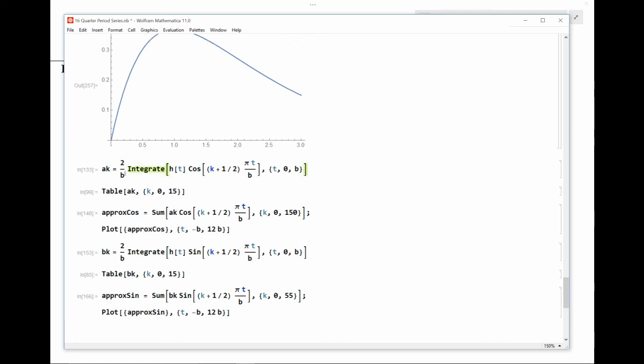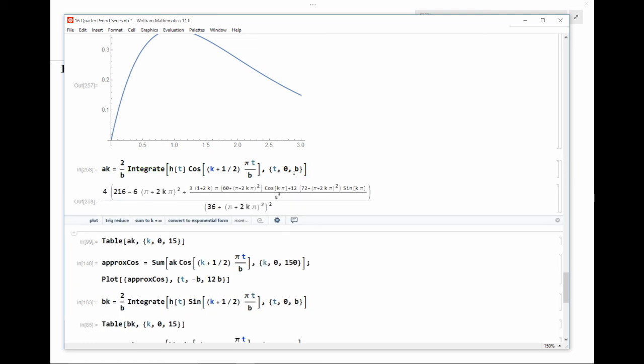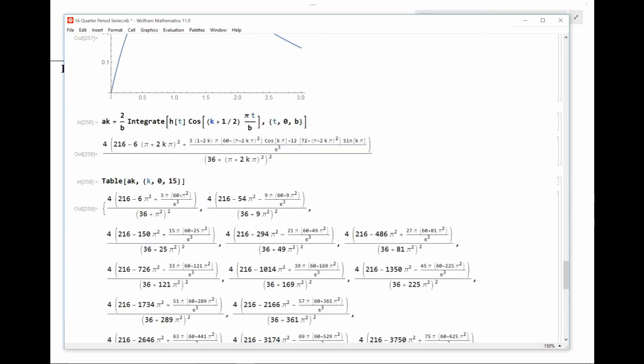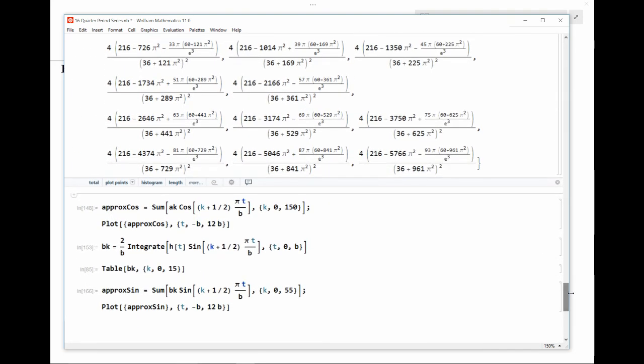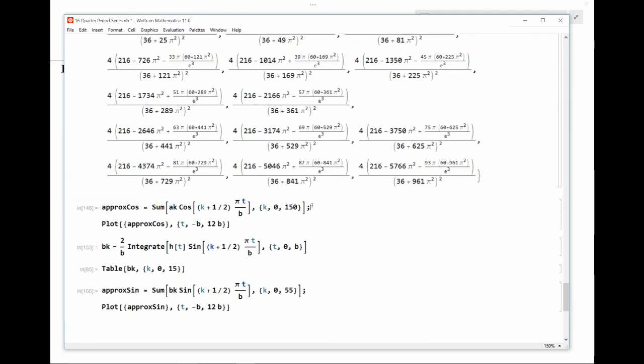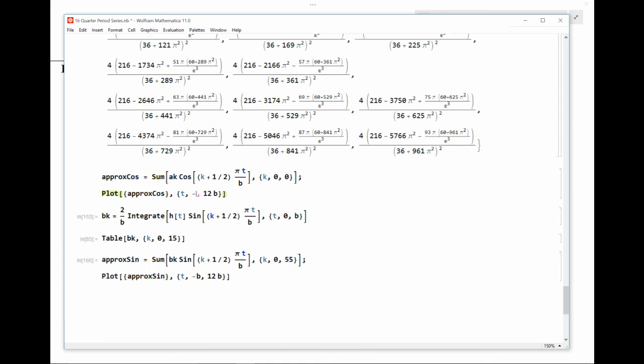So the formula for computing the coefficient is 2 over L, this times 2 over B, cosine of 2k plus 1 pi t over 2b. Here again I canceled 2 in the 2k plus 1 and 2l on the bottom. Integration evaluated from 0 to b. The coefficient looks quite complicated, and if I start plugging in numbers it doesn't make it any better. But for mathematics it doesn't make any difference. Let's try to plot this function